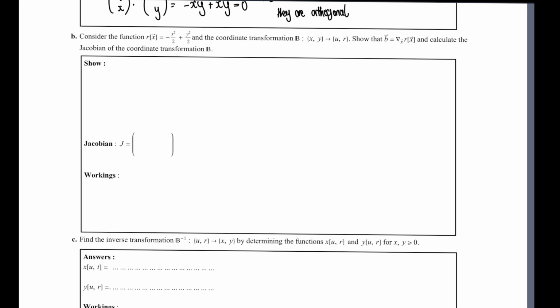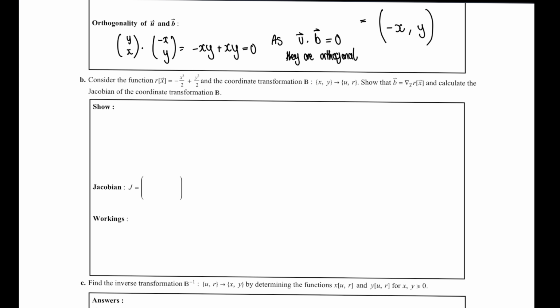Next question. Consider the function r of x y, which is equal to minus x squared over 2 plus y squared over 2, and the coordinate transformation x y maps to u r. Show that the vector b is equal to the gradient of r of x y, and calculate the Jacobian of the coordinate transformation b. Okay,